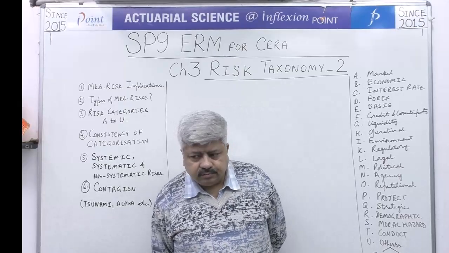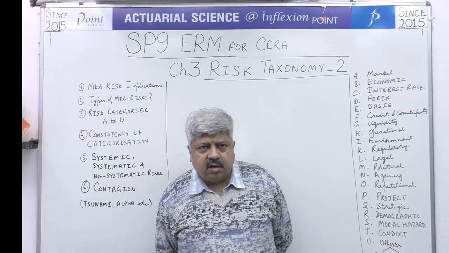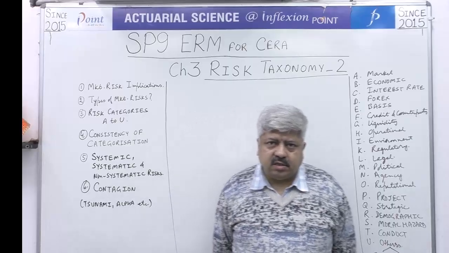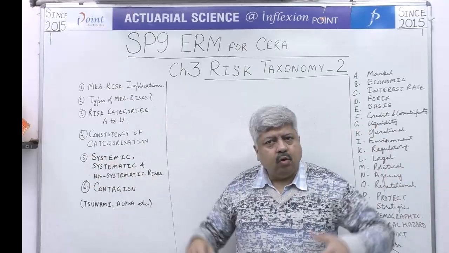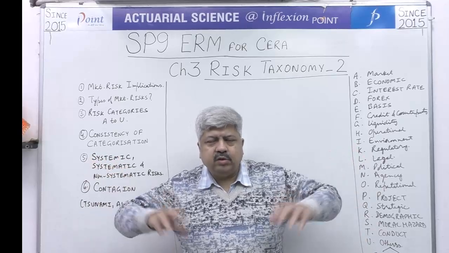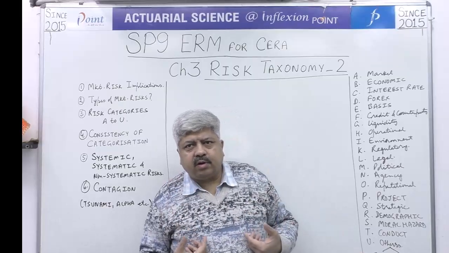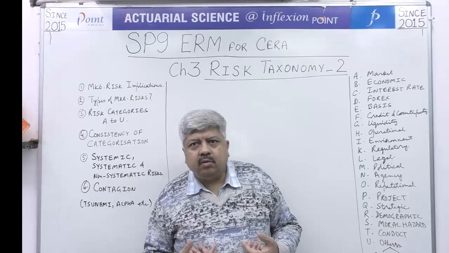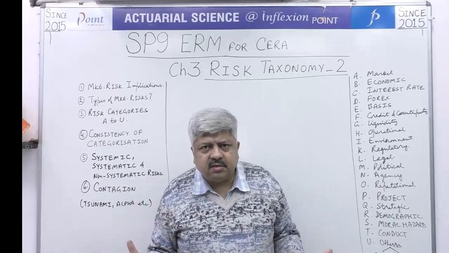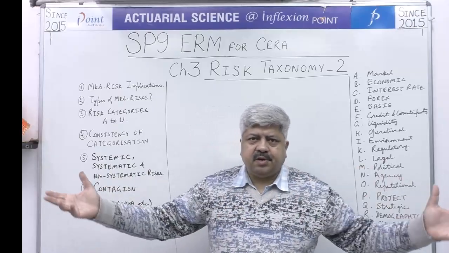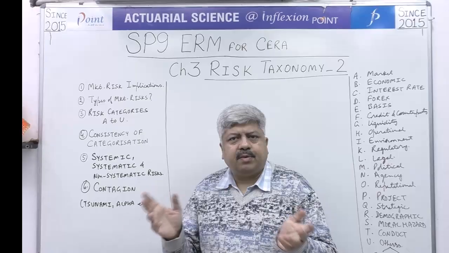And you know one thing, what I call systemic risk, the study material does not call it systemic risk. It calls it contagion. Contagion is like COVID-19. Nobody knows who is spreading it to whom. Nobody knows from whom I contracted this disease and who have been the victims to whom I passed it on. So contagion is that sort of thing. It spreads from unhealthy to healthy, and very soon the entire population may be at risk.